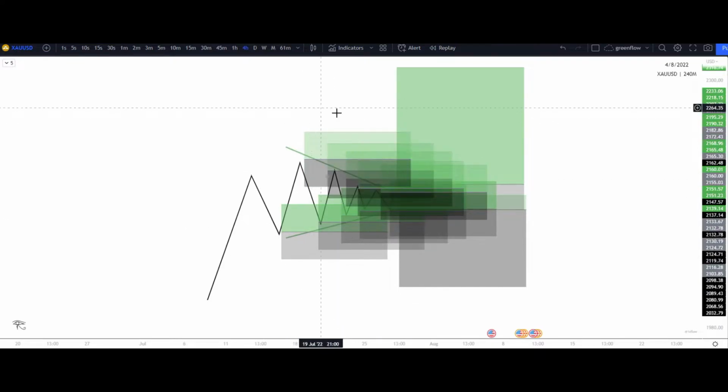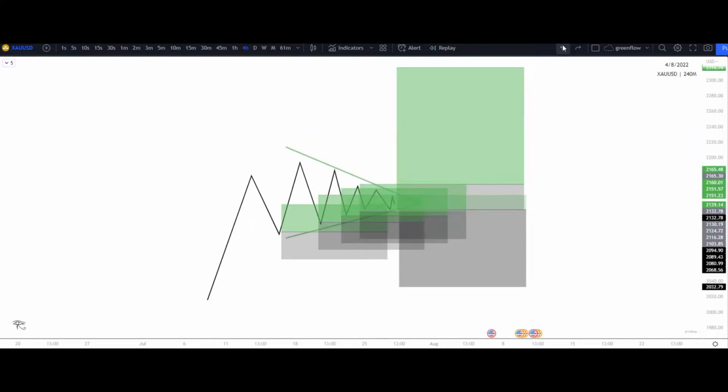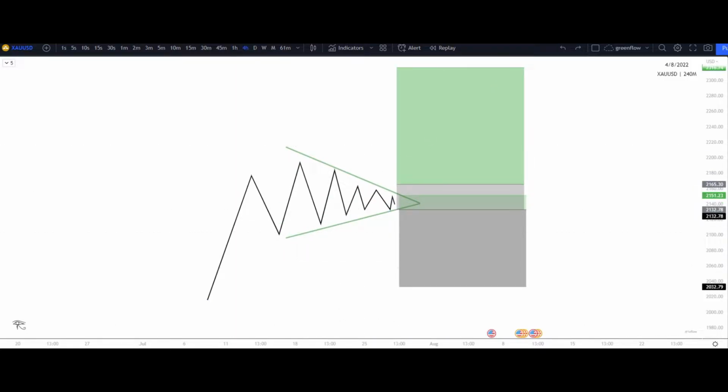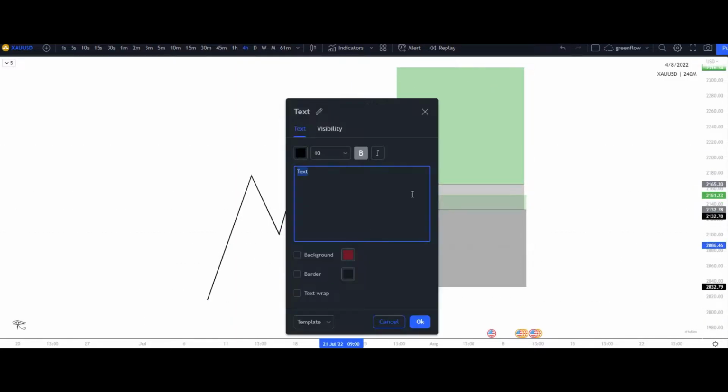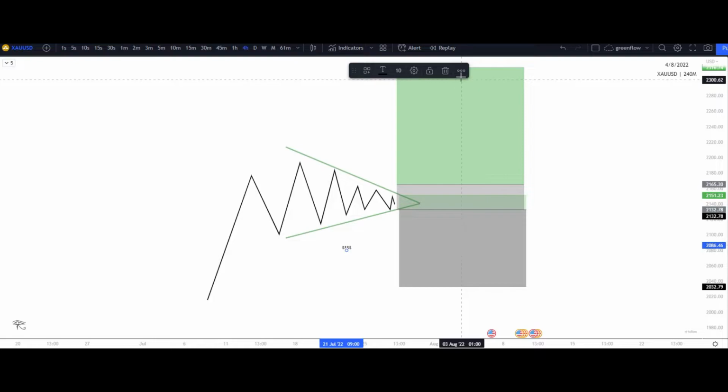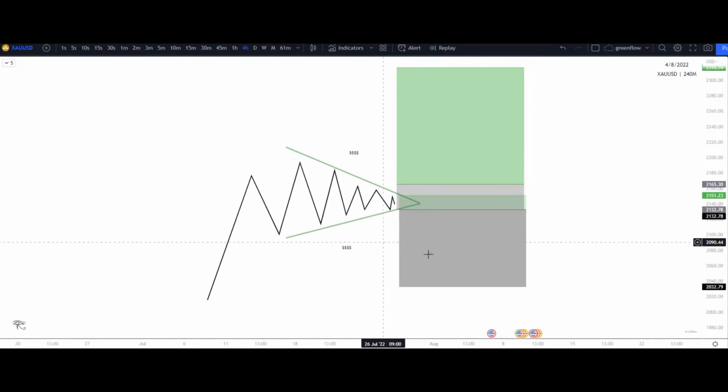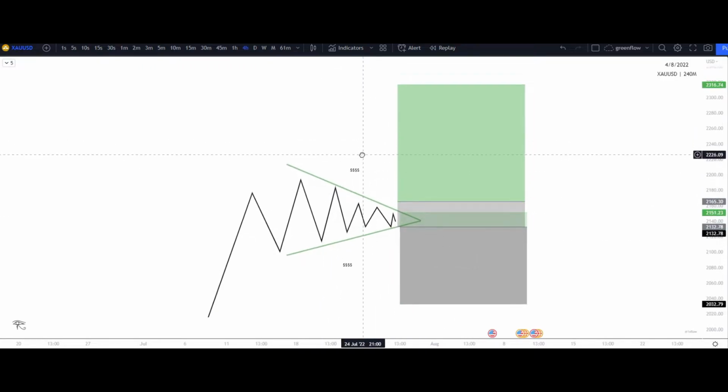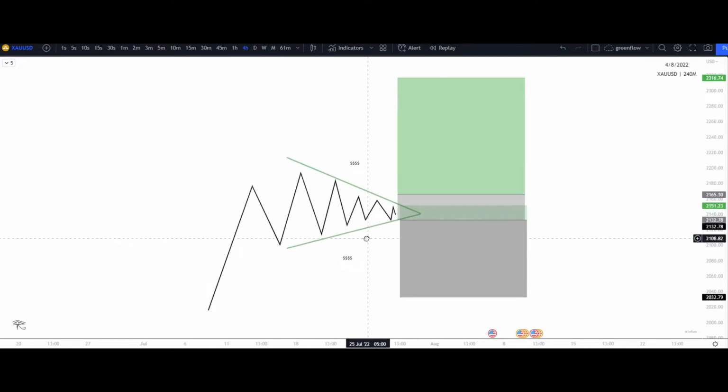So what do we as institutional traders look to do? If we go ahead and take out all this liquidity, understand that we have liquidity here, right, as well as we have liquidity here. So if I bring this up here, we have the breakout traders as well as our people trading inside of the range showing that liquidity. So we had everything in place, right? So now we are looking for structure.